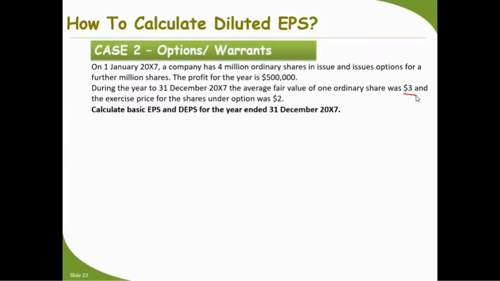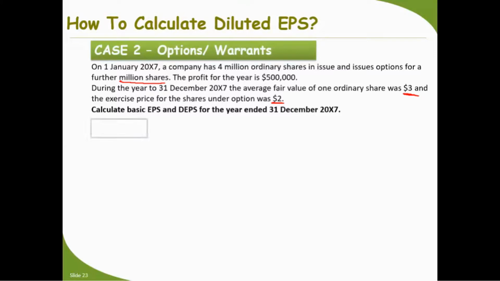Now, how much option is? Issue option for a further 1 million shares. Okay. And the option is at $2. Exercise price is $2. So exercise price is lower than the fair value. It means there is an element of bonus. Calculate basic EPS and diluted EPS for the year